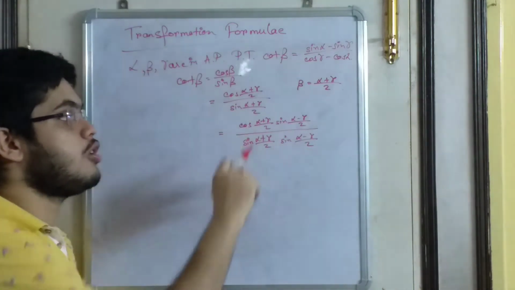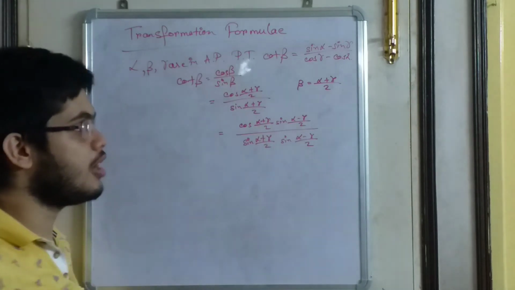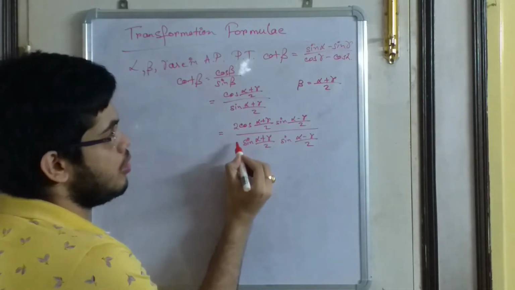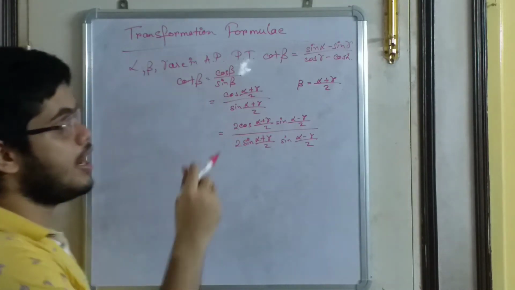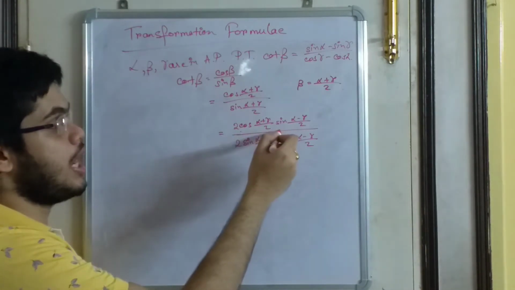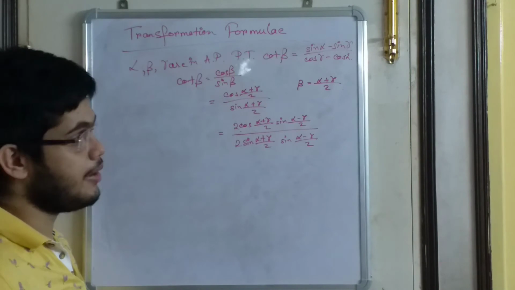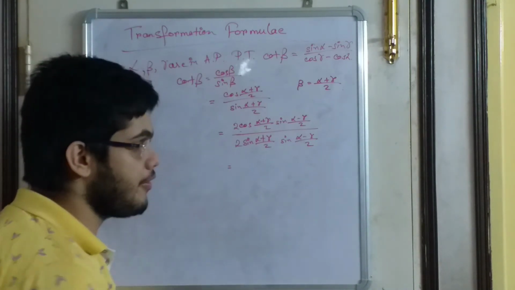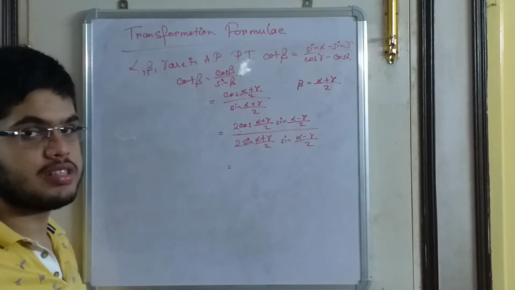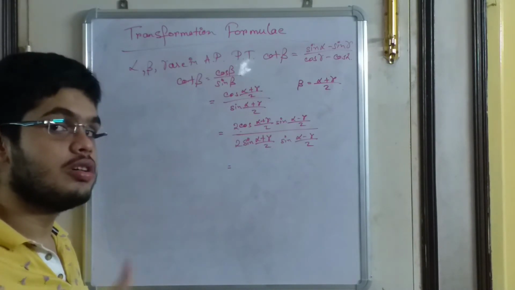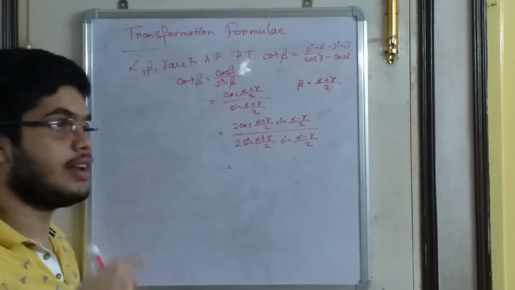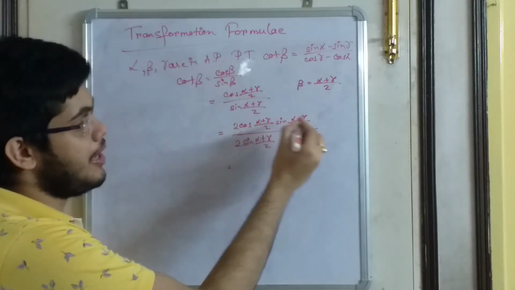Okay, so cos of (alpha plus gamma)/2, sine of (alpha minus gamma)/2. So this is, and then we give 2 on both. So here we have the type of 2 cos A sin B, and here it is 2 sin A sin B. So 2 cos A sin B, what was the formula? The formula was 2 cos A sin B is equal to sine of (A plus B) minus sine of (A minus B).